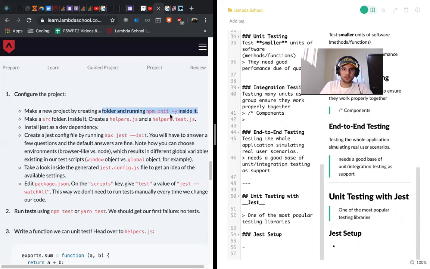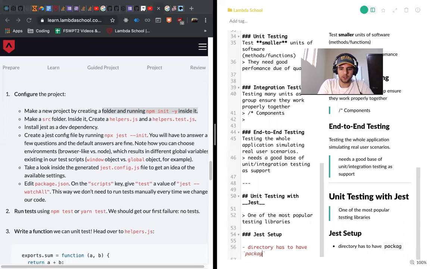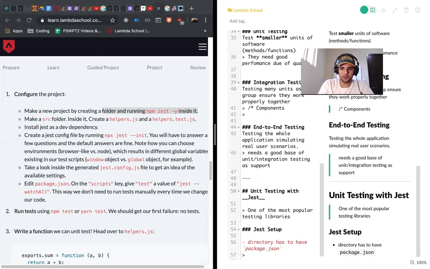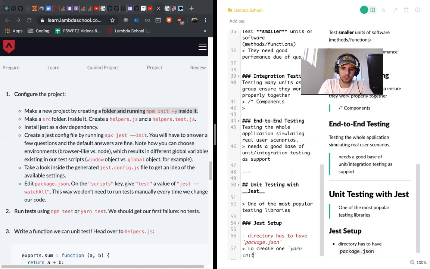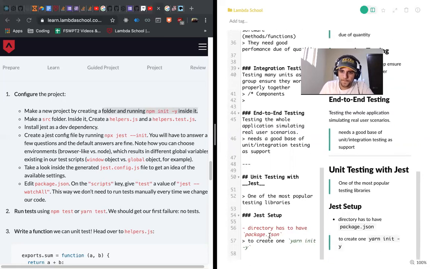So make new project, and it needs to have a package.json, and right here I'm just going to say a comment to create one, and I'm just going to say yarn init yes. Right. Next step would be,